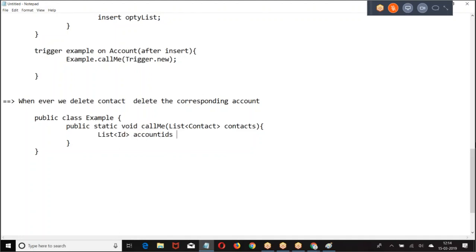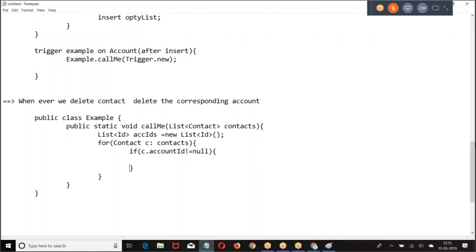Now, contact and accounts, how are they assigned? Then what I'm doing? Take one by one contact. See if there is any account for it.